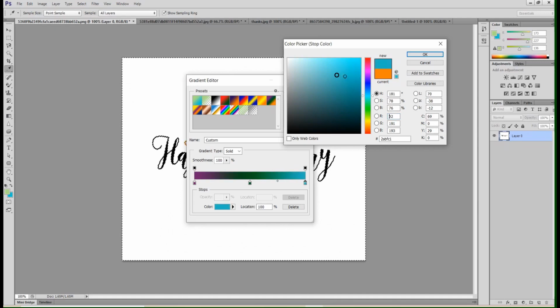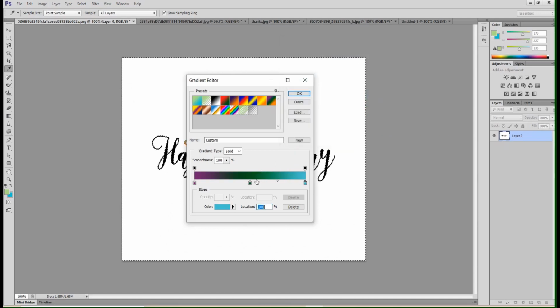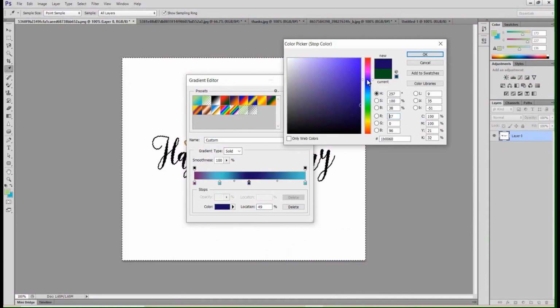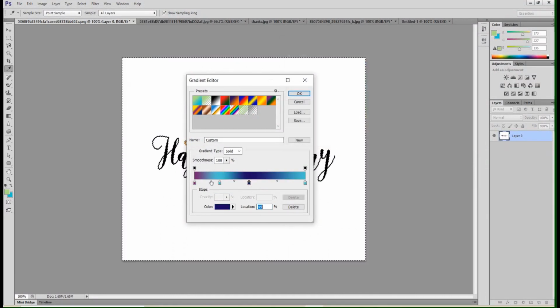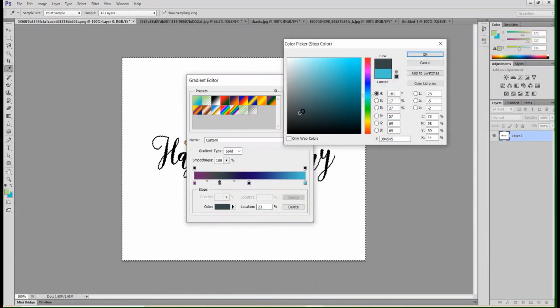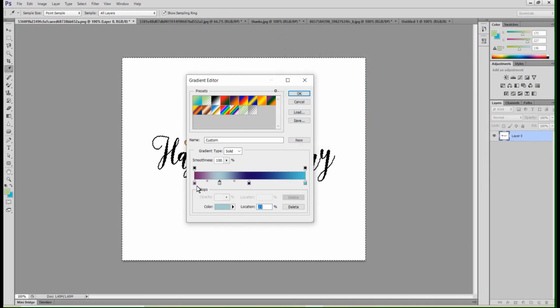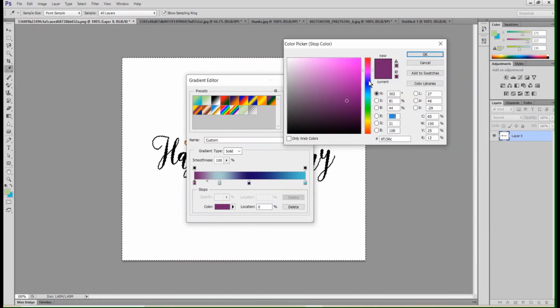Okay, I will go with this. Then click on another tab, choose color. Okay, then third one, choose color. Suppose I am taking it as a gray. Okay, then fourth one. If you need more colors, you can click on the tabs. Then if you want to remove the colors, you can again remove the tabs by dragging them outside.